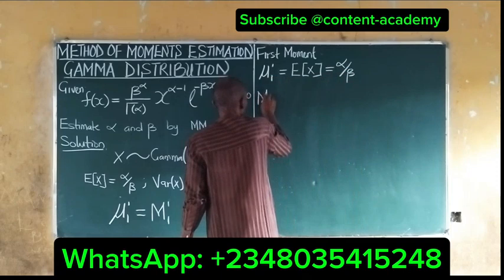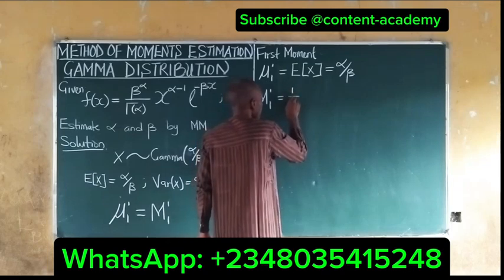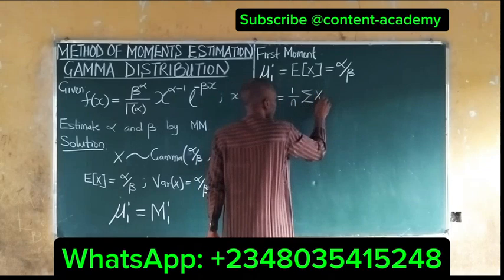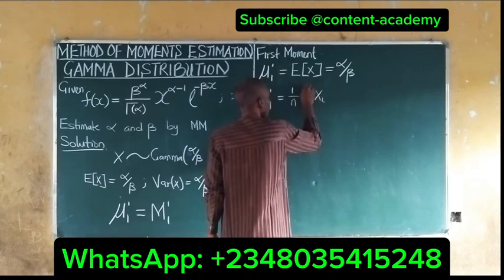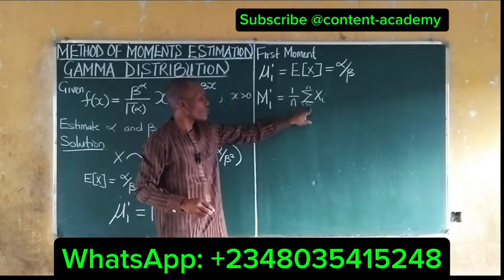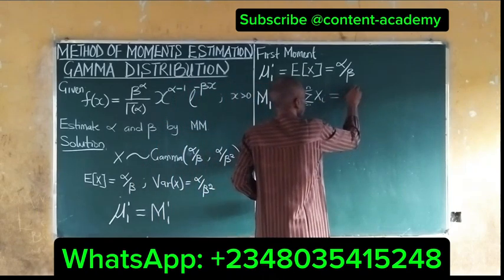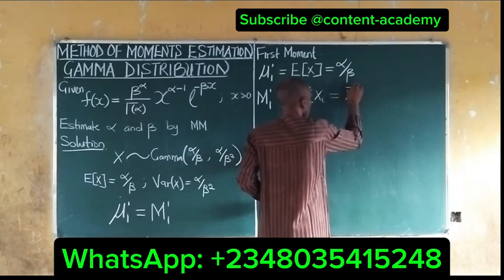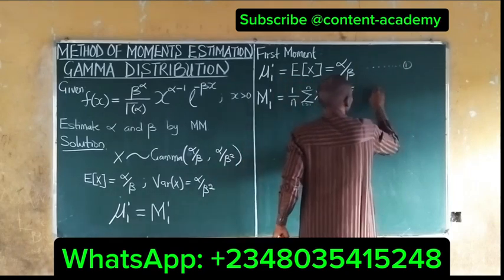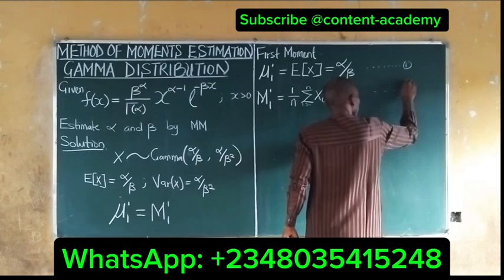Also, the sample mean is 1 all over n summation of xi as i running from 1 to n. And of course, we know from statistics that what we have here is simply the mean. If we make this our equation 1 and this our equation 2,